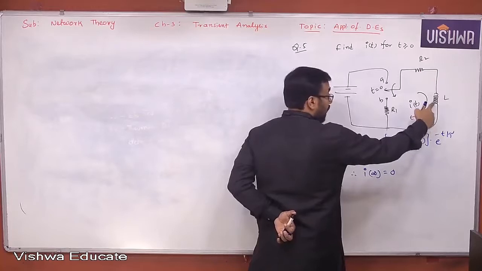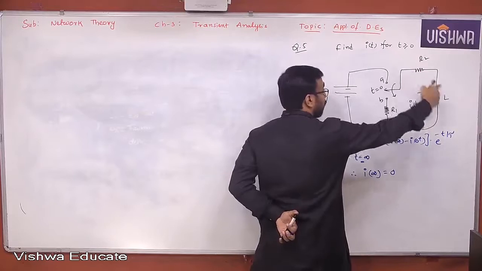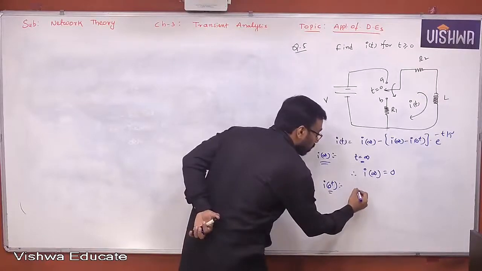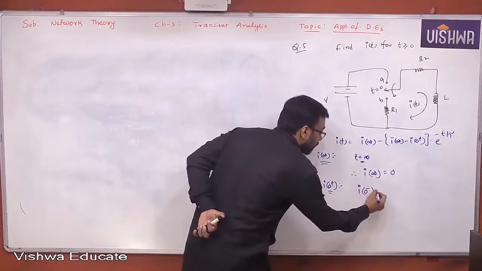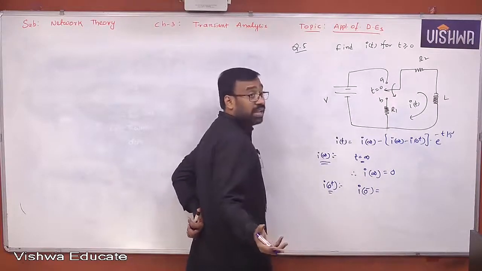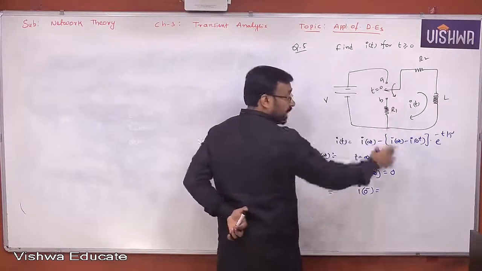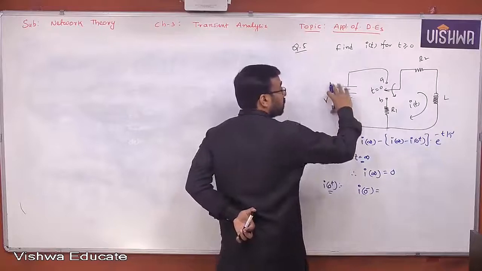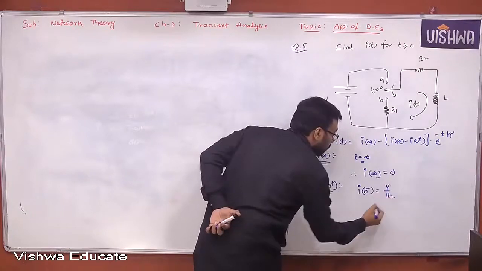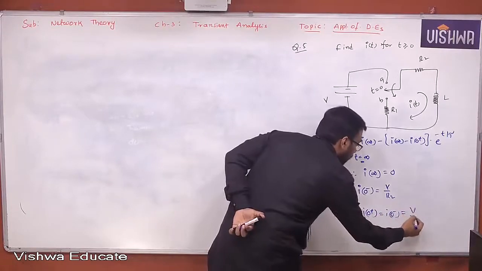I told you already. As far as current is concerned, the current through resistor will definitely follow current through inductor. Now, what is actually t equal to 0 minus? When you find I of 0 minus, you place the switch at A for a long time, because we are experts now in finding the initial conditions, yes or no? For that you require t equal to 0 minus, switch position is at A for a long time, and the inductor is acting like a short circuit. V by R2 is the current. Therefore, I of 0 plus is equal to what? I of 0 minus, nothing but V by R2.